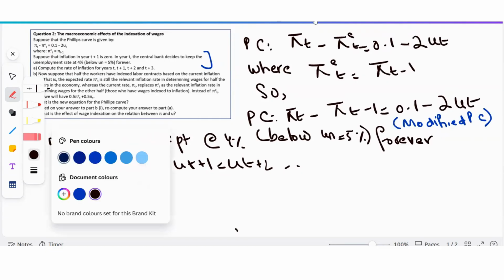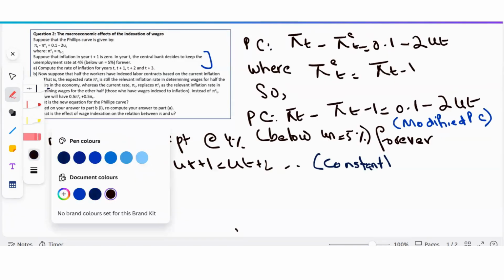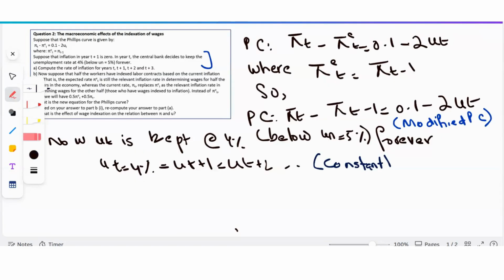So this is essentially constant. u t is kept at 4% below u n, which is equal to 5%. So the Phillips curve equation becomes